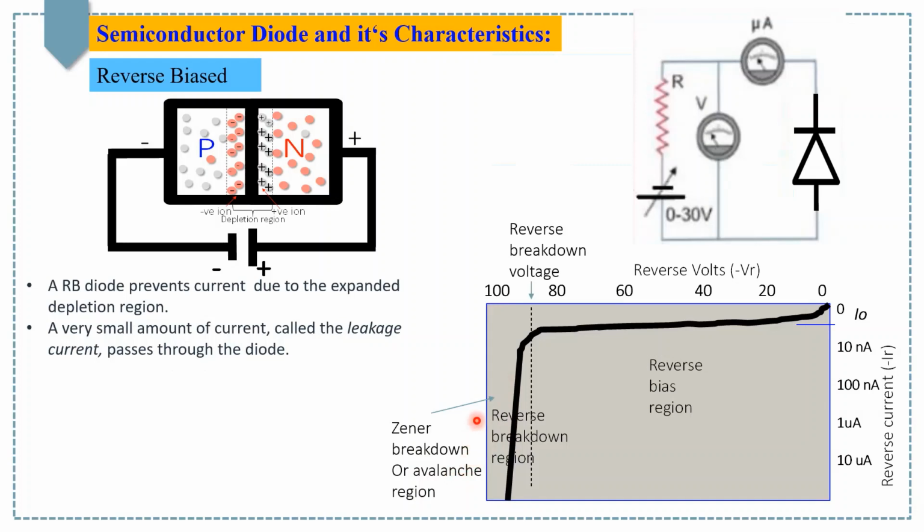Now the question is why it is called Zener breakdown. Please note there are two types of breakdown in the p-n junction: first, avalanche breakdown, and second, Zener breakdown. Avalanche breakdown occurs because of the rapid collision of electrons with other atoms. Zener breakdown happens due to a high electric field. Please remember, in the case of avalanche breakdown, the electric field is comparatively weaker than the electric field present in the case of Zener breakdown.